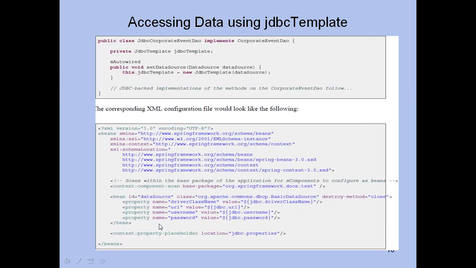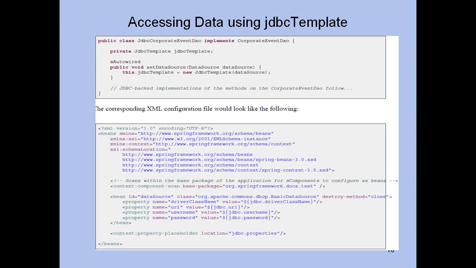So this data source object will be created using this context property placeholder tag, and using this context component scan, the data source will be injected into this class because this class is annotated. Once the data source is injected, the JDBC template is set using this dot JDBC template.